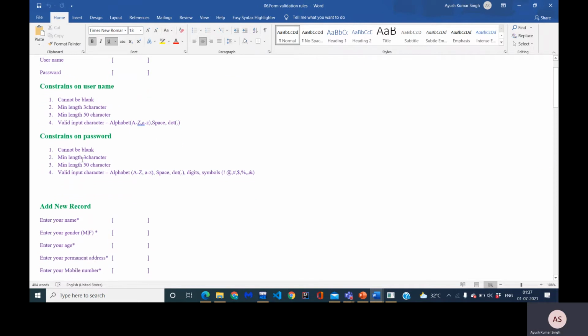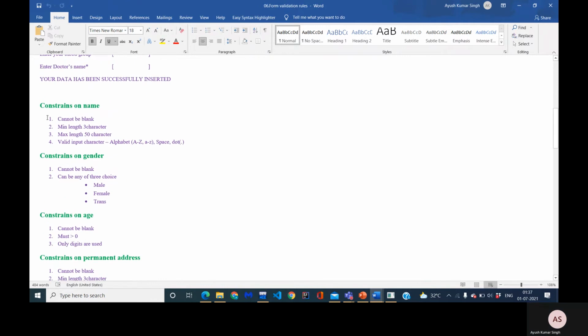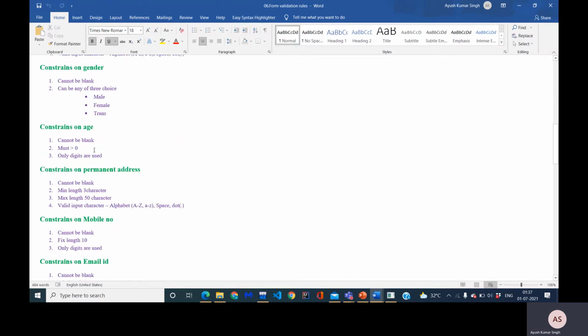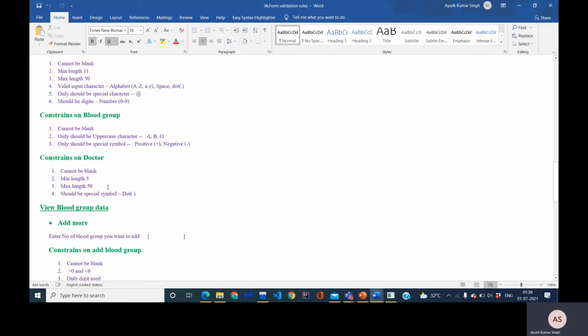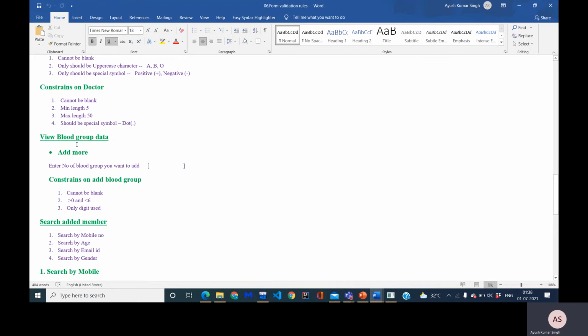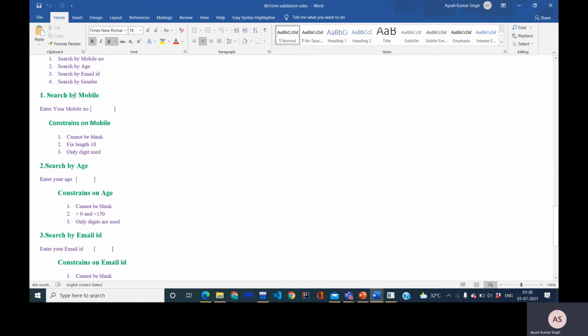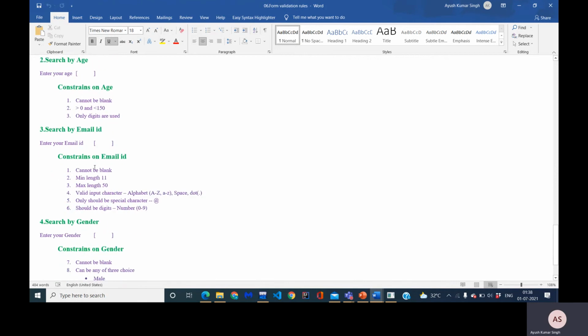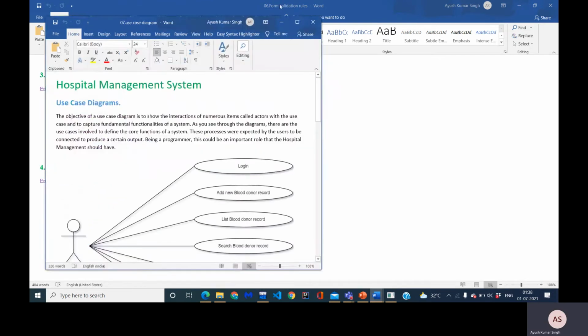First constraint is for username, and then constraint on password, add new record, constraint on name, constraint on gender, constraint on age, constraint on permanent address, constraint on mobile number, constraint on email ID, constraint on blood group, constraint on doctor, view blood group data, search added member, search by mobile number, search by age, search by email ID, or search by gender.